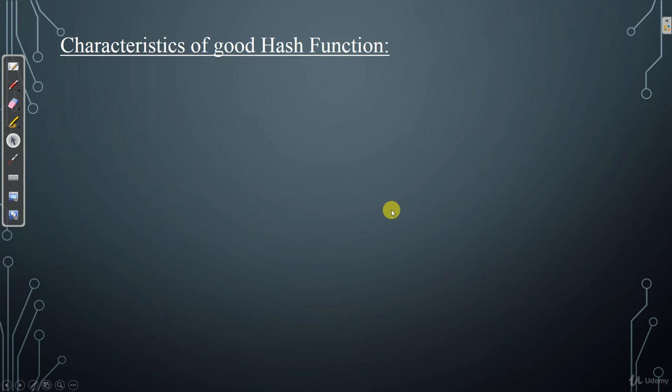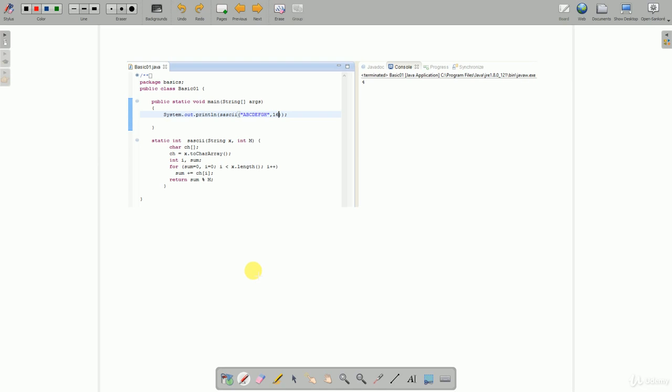So the first characteristic of a good hash function is that it distributes hash values uniformly across the hash table. Now what do we mean by that? Let's say this is our hash function which is ASCII. Now let's say we are giving it multiple inputs to process. Let's say this is the input that we are giving to this function, that is ABCDEFG, KLMNOPQR, PQRSTUVW. Now let's assume that after processing each of these strings, our ASCII function returns the same value, that is 4, in